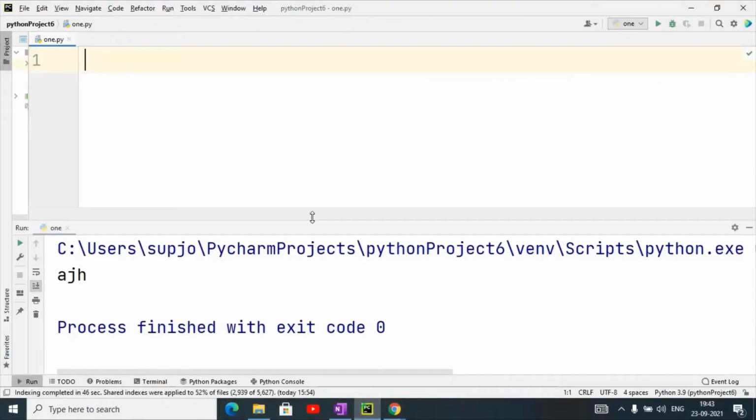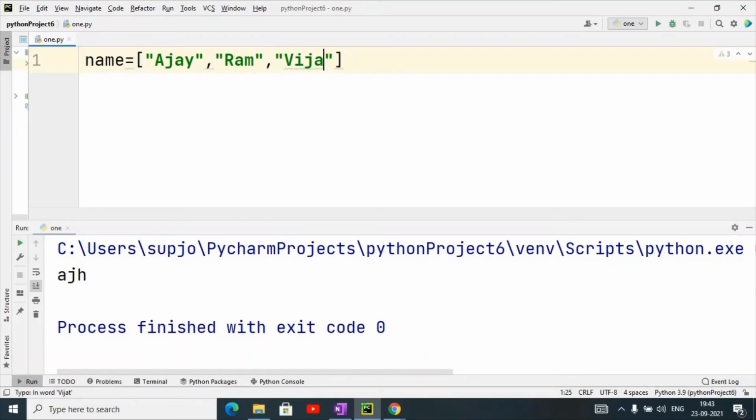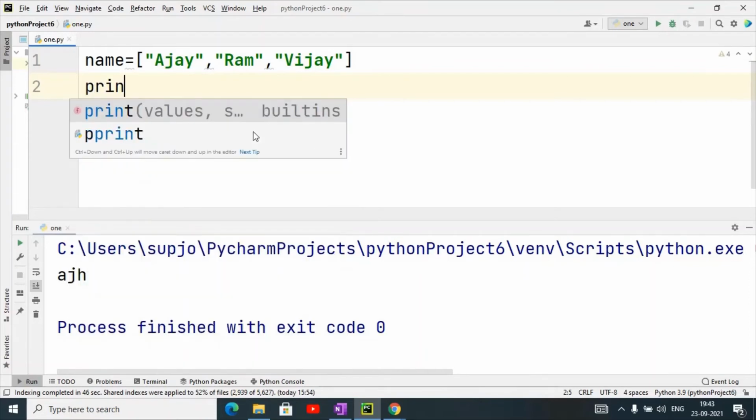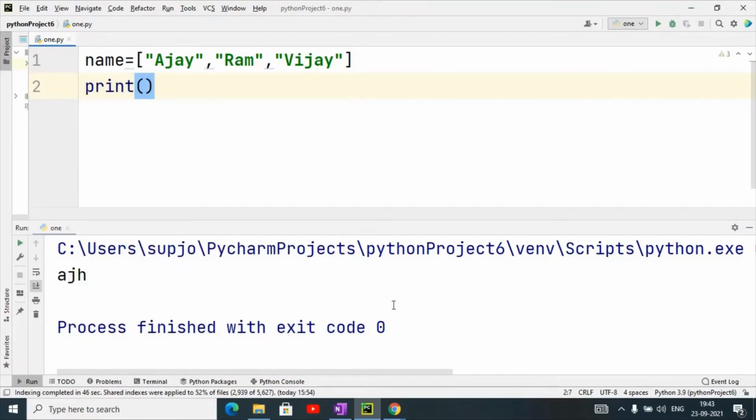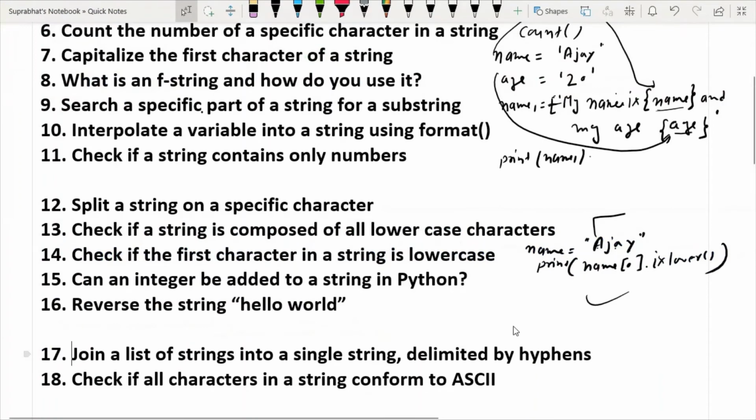Same example, name equals to Ajay, Ram, Vijay. We have this list and we have to convert this list into a string. So we will use print, and in the question it is specially asked delimited by hyphens.